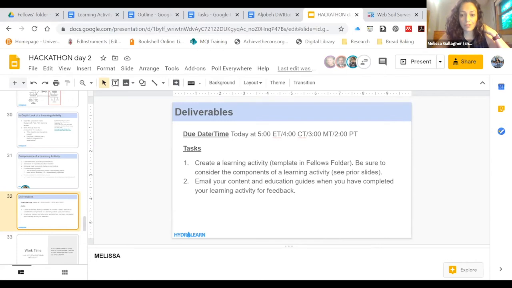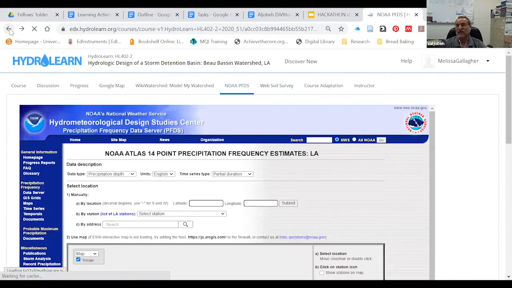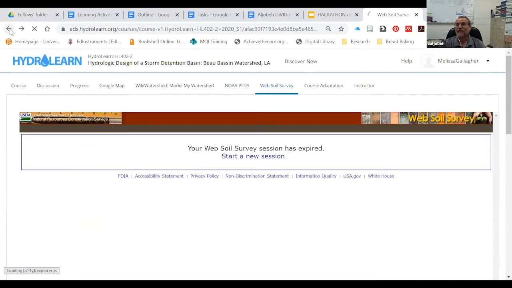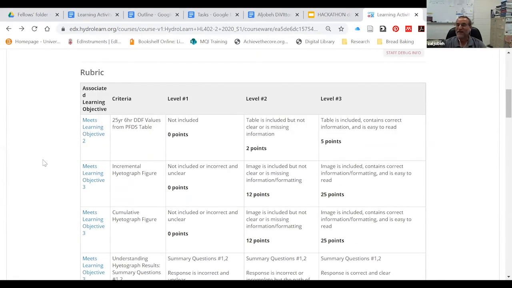That's good. So, Melissa, I'm looking at some of the old learning activities, the one we just looked at, which is the design of a detention basin. If we do not want to recreate the wheel, could we reuse, for example, the rubric and the template? Because in my case, the activity will be designing a detention basin using PC SWMM instead of HMS. I think that goes to both Imad and you, Melissa. Is it okay to clone or duplicate, do a little bit of modification, and change the names, like HMS to PC SWMM?